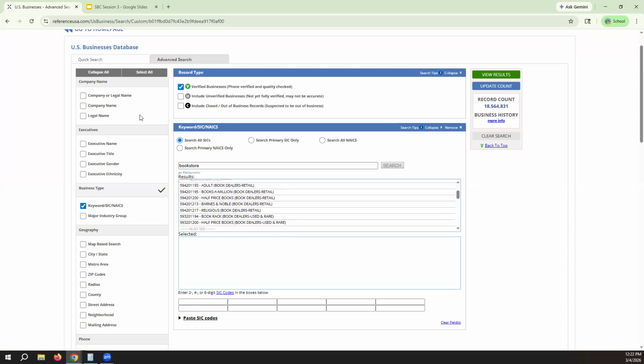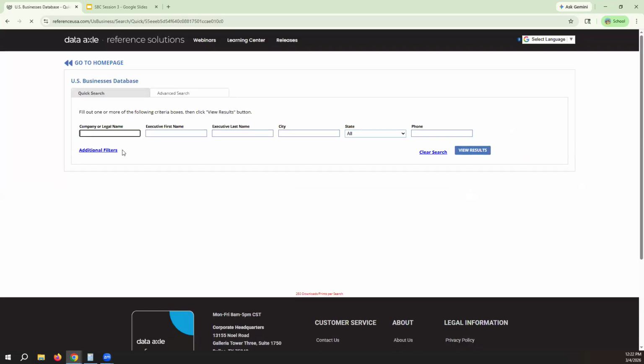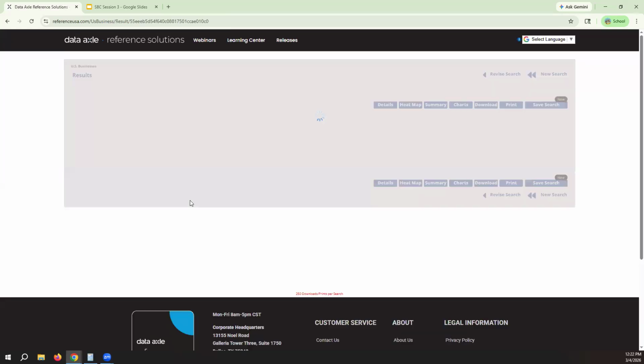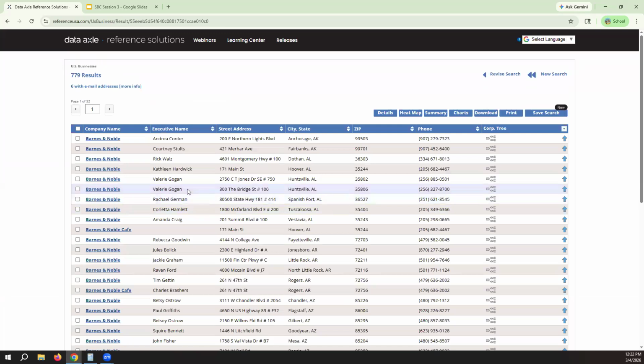So in my case, I'm going to go back to the quick search. I'm going to click on that. And I know that one of my competitors, just like it said right there, is Barnes & Noble. So now I'm going to look up Barnes & Noble. I'm just going to look at any that are available. I don't need to limit to a geographic region because a Barnes & Noble in Raleigh is going to be very similar to a Barnes & Noble in California in the sense that they're both in the same industry. I'm going to click on this and open it up.